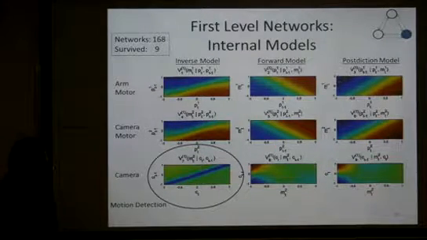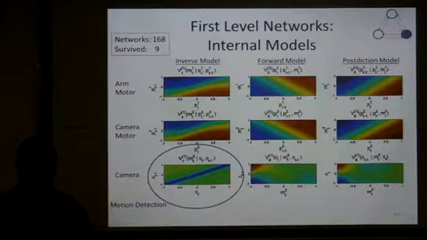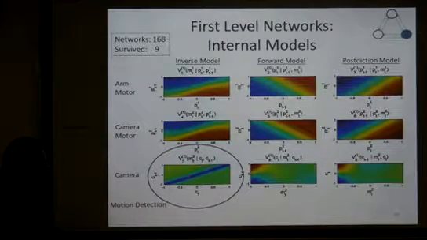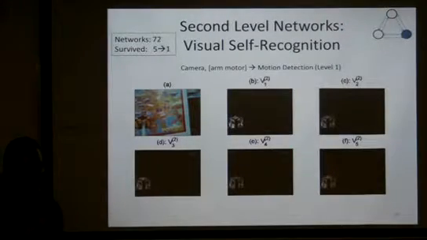So I plugged these 9 things to the next level, the output of each one of them, and constructed combinatorially everything. So I actually didn't construct everything. I just took all the ones that are visually related and arm related. I ended up with 72 neural networks. Okay? And again, did this learning and pruning. 5 survived, which are functionally the same. There's only one function remained.